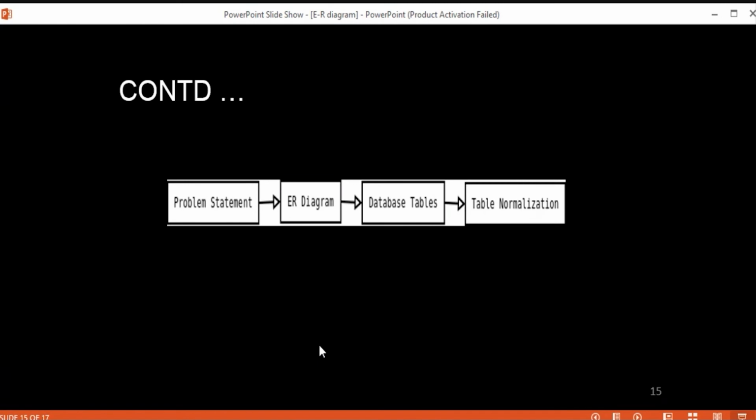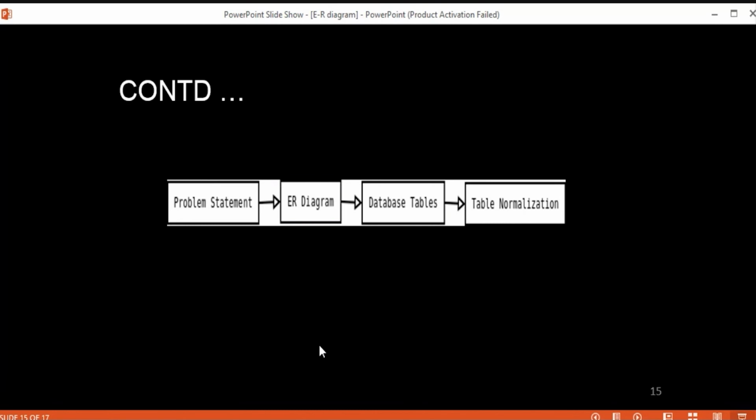So after all, at the end, we can ultimately store the data efficiently by maintaining its integrity and reducing the redundancy. So the ER diagram is drawn considering all these things.